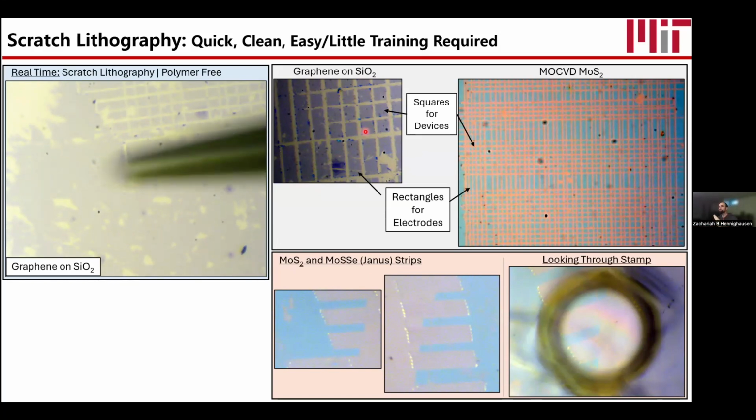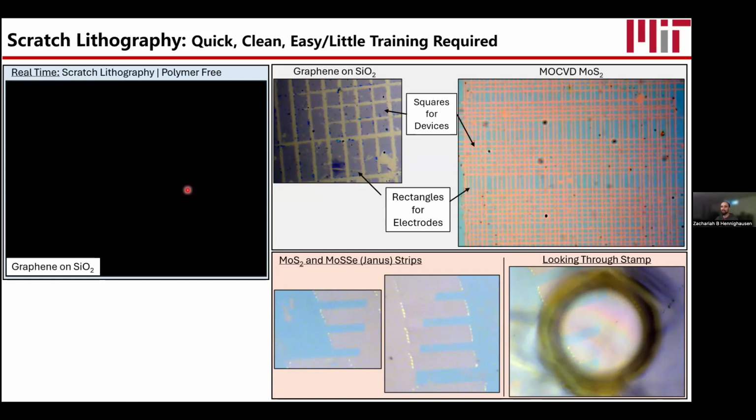So we have noticed some issues with this tactic, and recently it's not the save all, but it has worked so far for making some devices. And so I'm going to show you guys an MoS2 and Janus heterostructure that we made, so to make a PN junction. And so here's a diagram of our stamp, and the stamp will move to the desired location. We'll go down and we'll pick up.